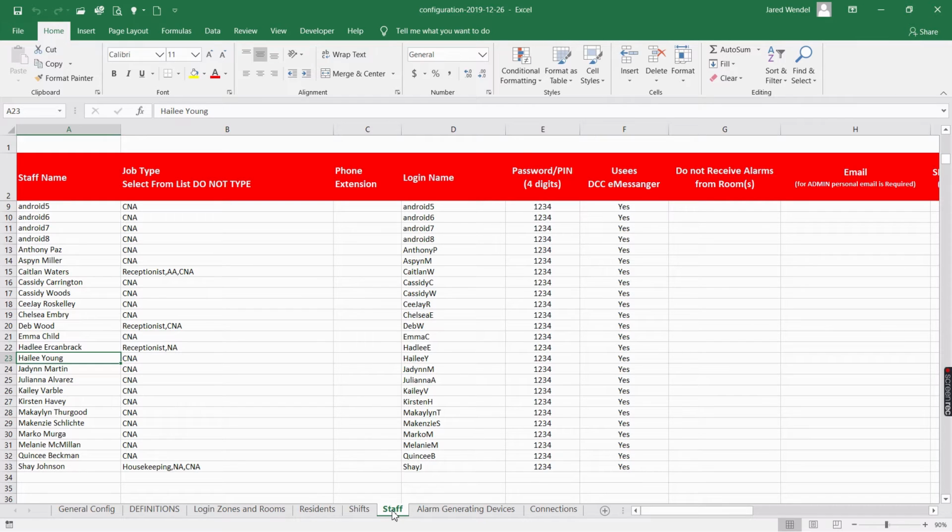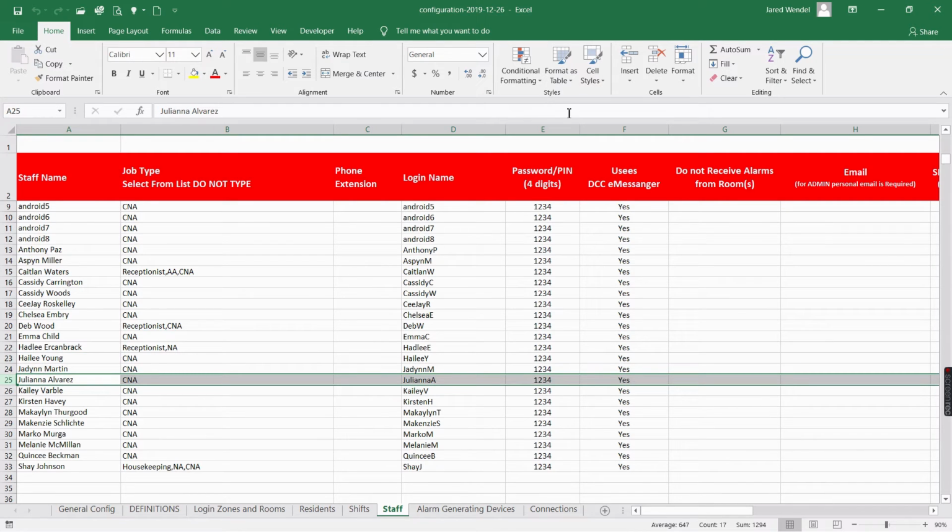For this tutorial, we're going over how to add a user to the droids. And so we will click the Staff tab. Over here on the left, you'll see all of the staff names of the people who are currently able to log into the droids. In order to add one, we'll select a location, select the entire row, then click Insert,